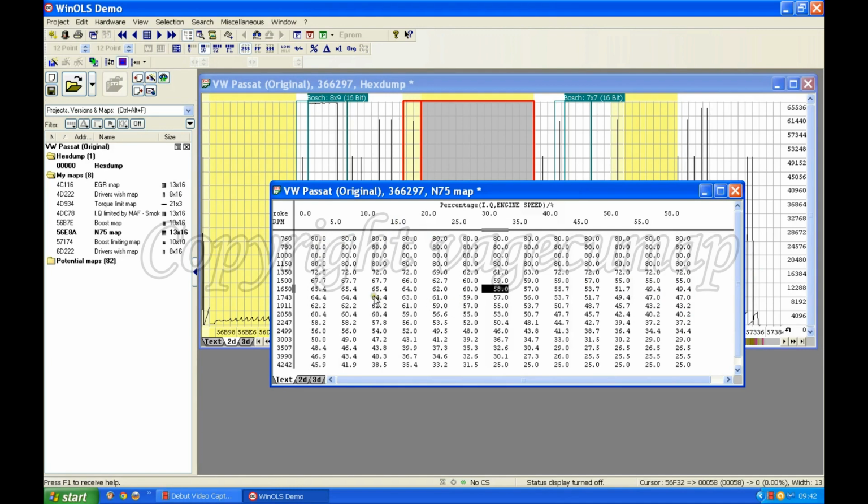Right, now let's have a look and see what have we got and does it make sense. Of course, whether this makes sense depends on how well you understand boost control in one of these PD turbo diesels. Now I can tell from a quick glance that this makes perfect sense, because what it's telling me is that